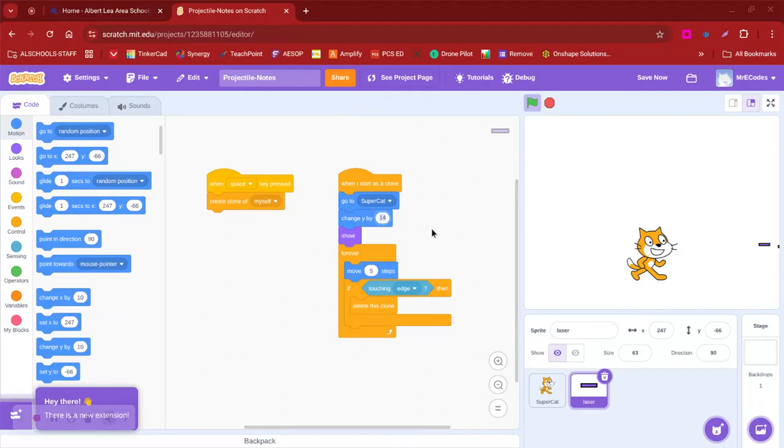All right, let's go 20. Let's see what happens at 20. There you go. That looks like it's coming from his eyeballs. Maybe if I want it to come from the right eyeball, I could also change my X